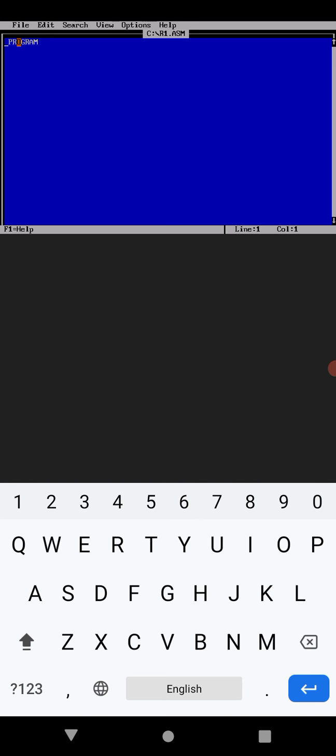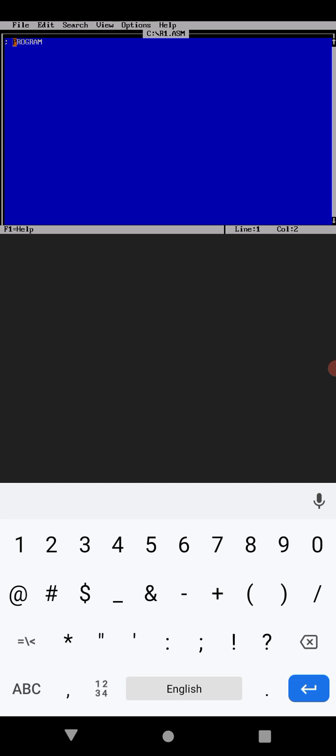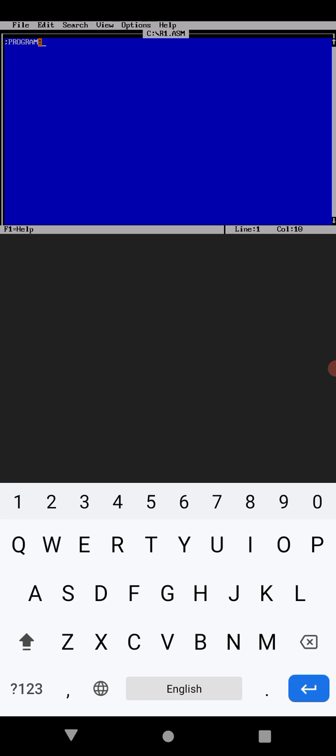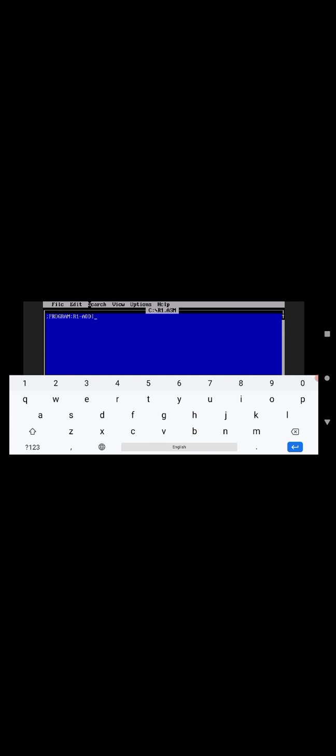So that is R1, addition of two hex numbers. I will slightly scroll the screen so the page is visible correctly. So this is the program name.